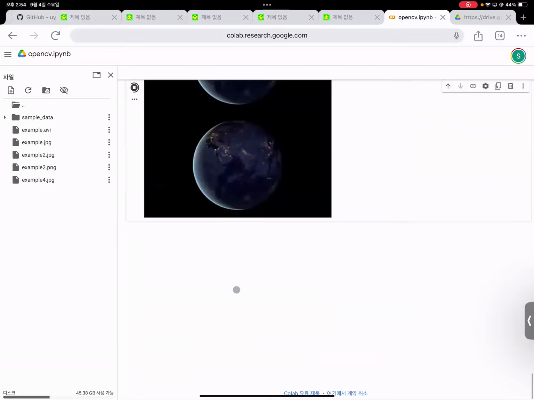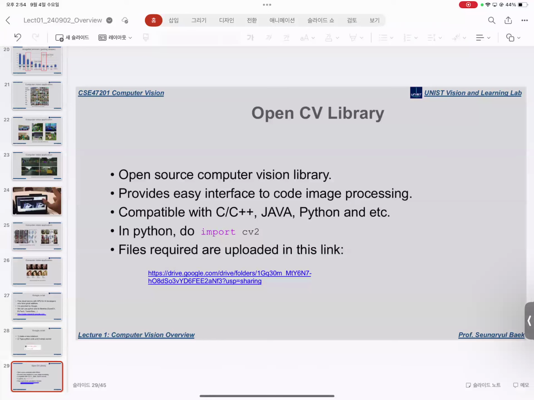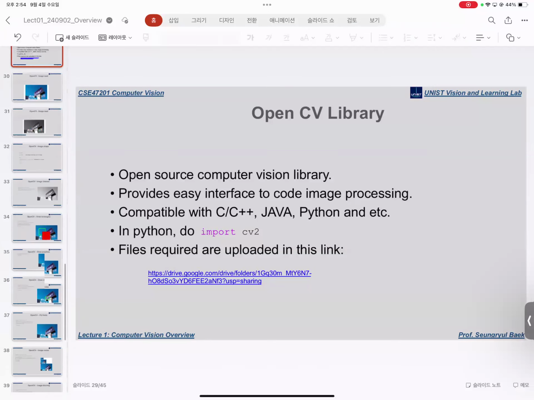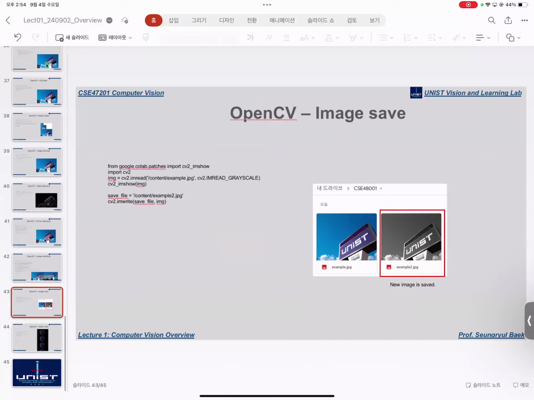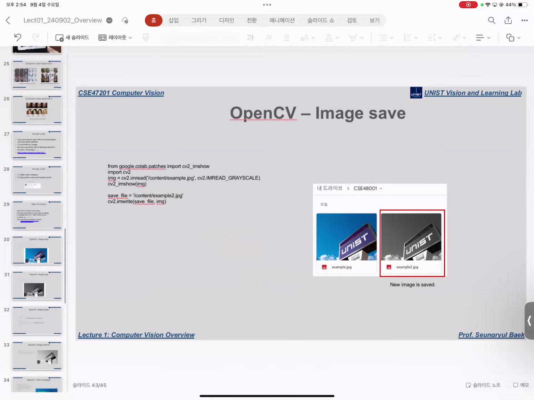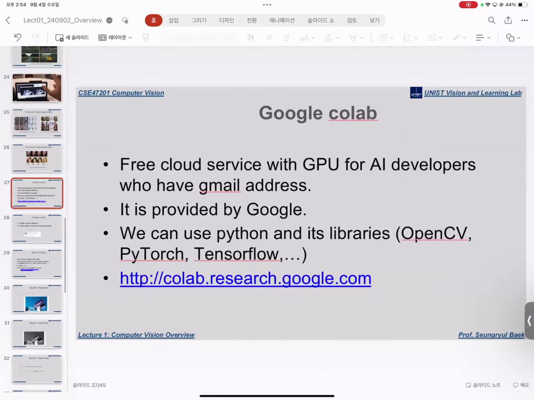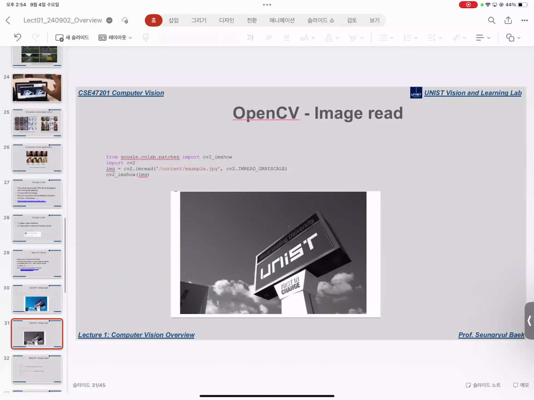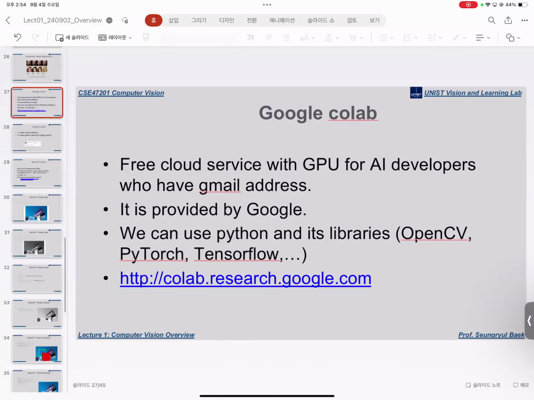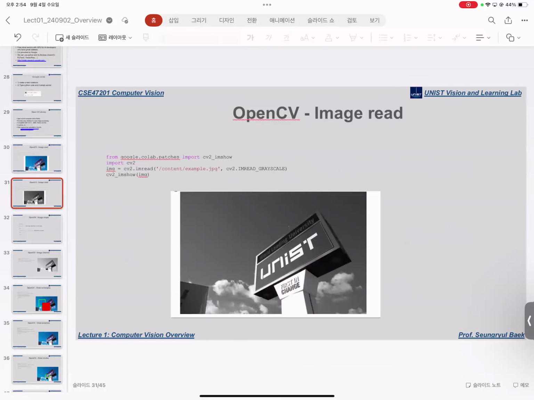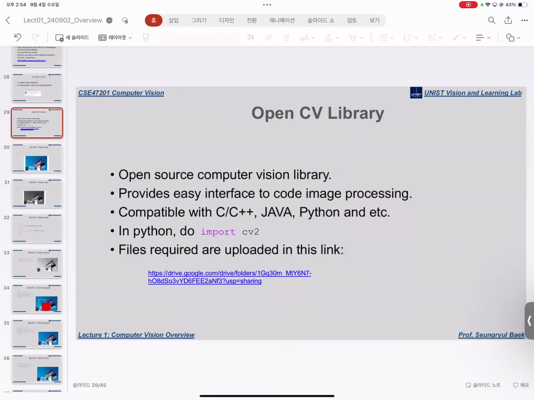I want to say that OpenCV is an open source library. Actually, it is still expanding. So I cannot deal with every function they contain because they are still expanding. But if you go to the